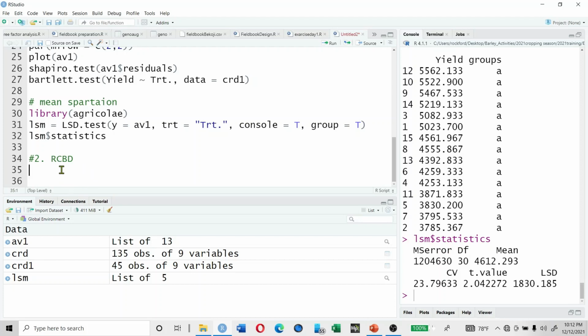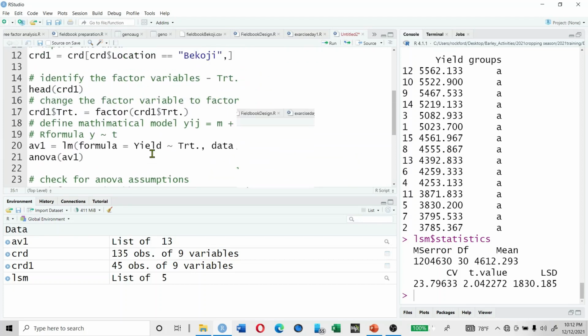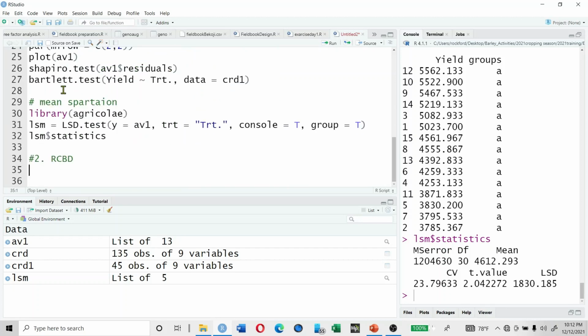The only thing is, since you have already changed the factor, don't forget, I want to remind you: first import the data, and then identify the factor variable